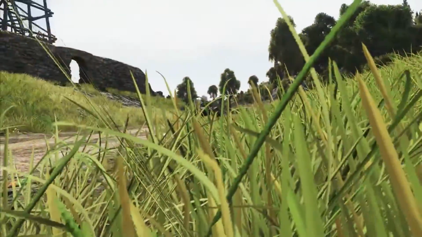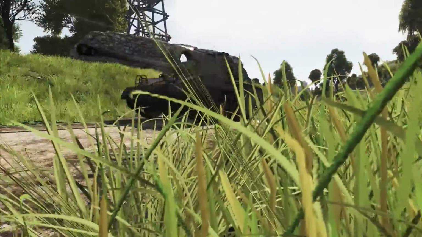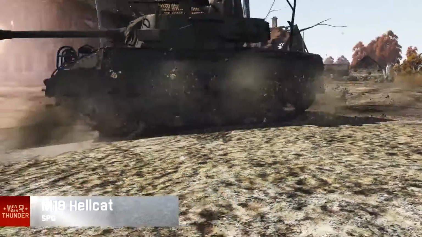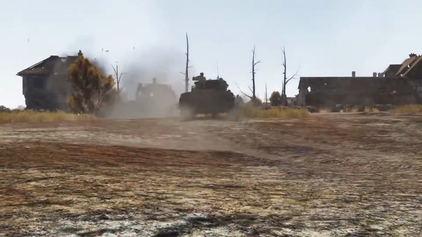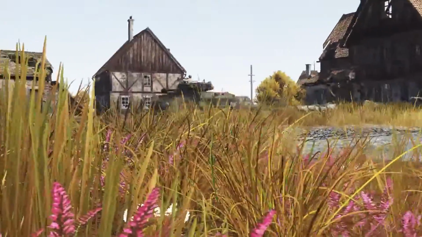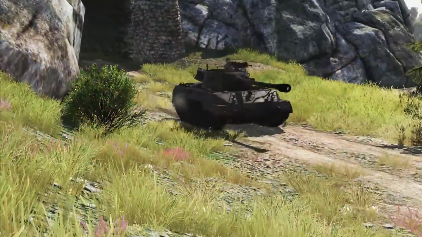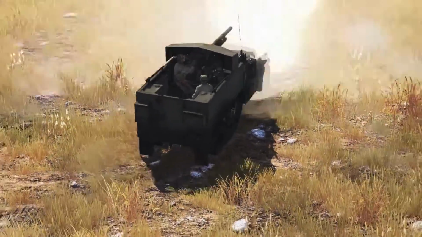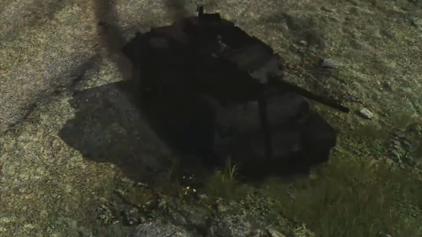The widely loved M41 Walker Bulldog has passed the mantle of victory to a new hero. Meet the M18 Hellcat. It can reach speeds of up to 56 miles per hour on the road. Not bad at all. We'll also note, in passing, that the American research tree has received an SPG branch, and